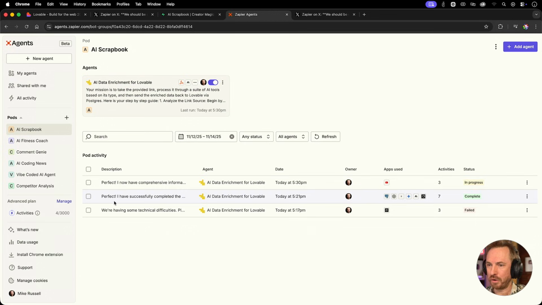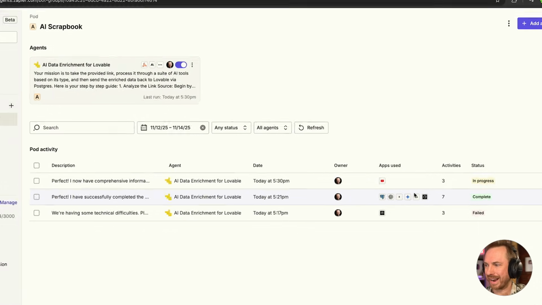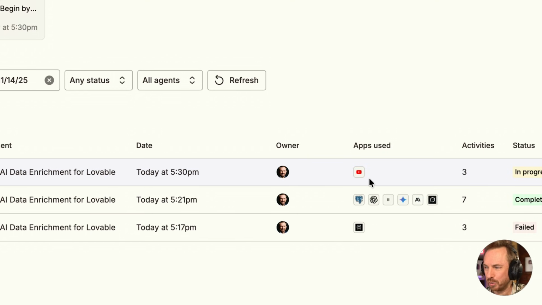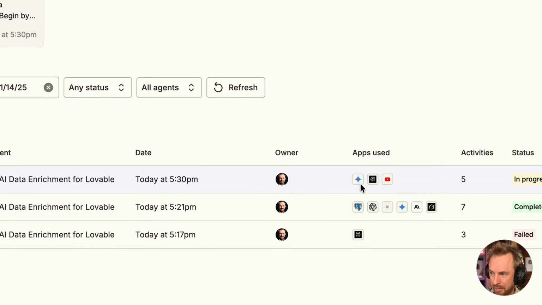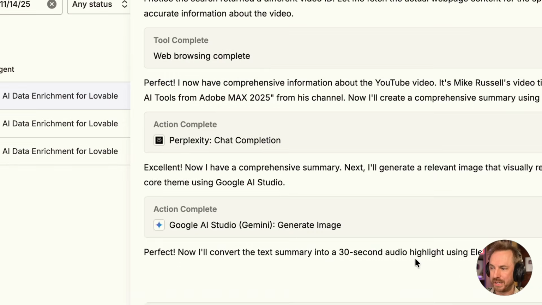That's very nice, but I wish they'd said it correctly. Zapier rhymes with happier. Okay, now back over here, we can see my AI agent is already using the YouTube tool to find out about my video. All right, we can actually see here now it's also used Perplexity and Nano Banana to make an image. Now it's just working on the 30-second audio highlight using ElevenLabs. And this truly is AI orchestration in action. And Zapier, having 8,000 plus integrations, is the largest AI orchestration tool out there.